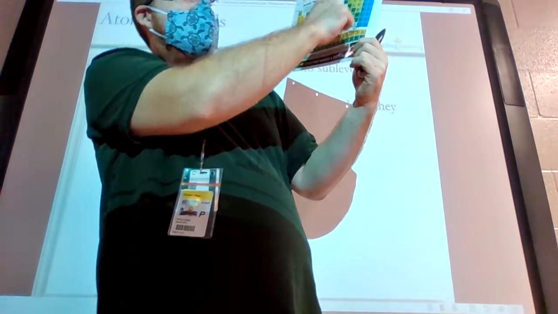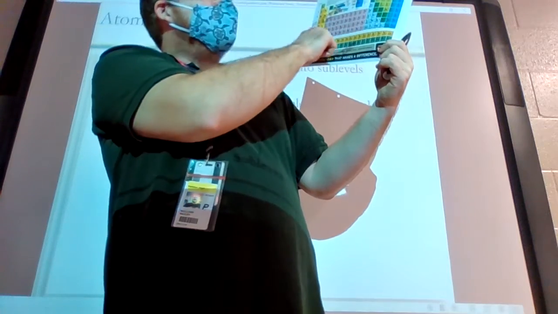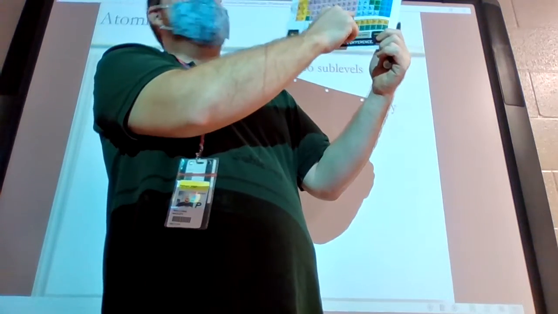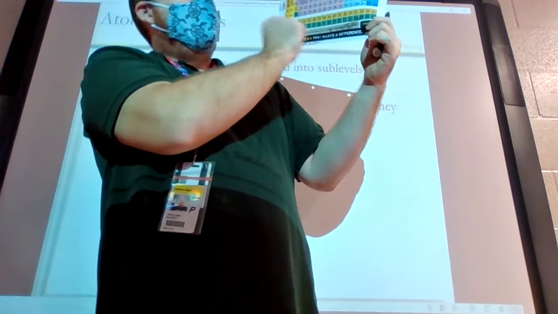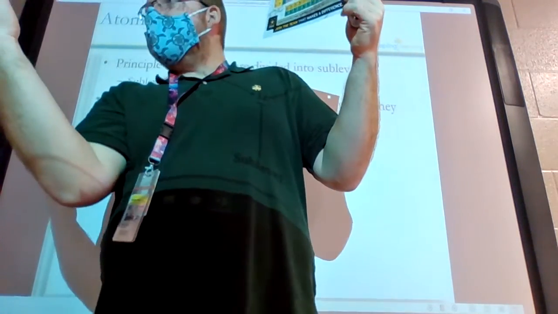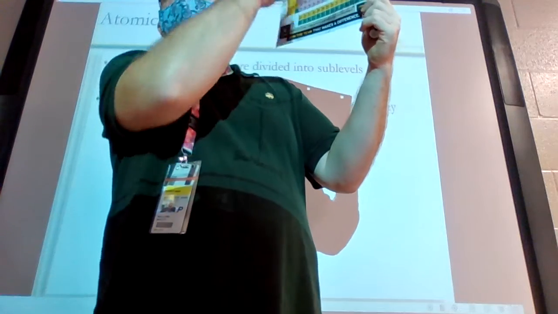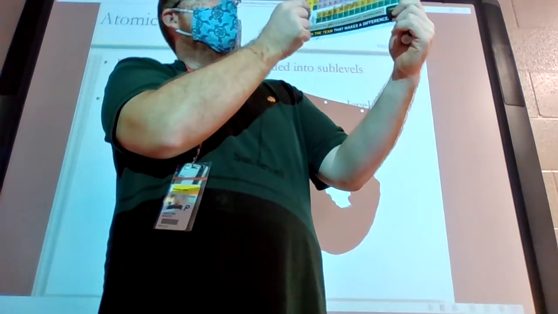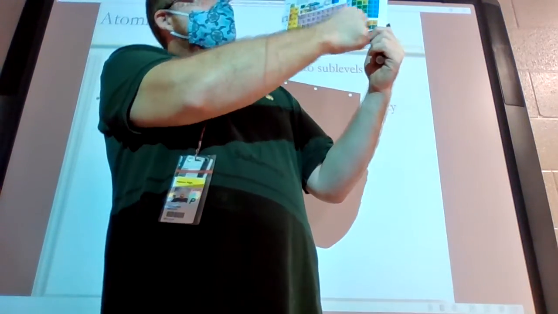That square block is the P. The D is the pink block in the middle. And then F are these bottom 2 down here. So there's 4 letters. There's 4 major chunks of the periodic table. The 2 columns on the right, the square,